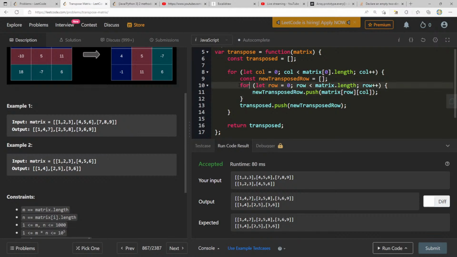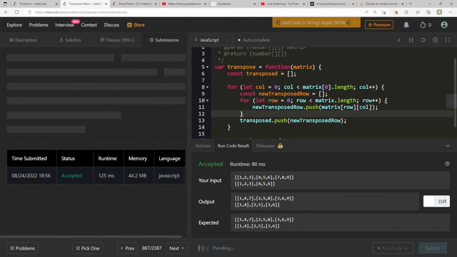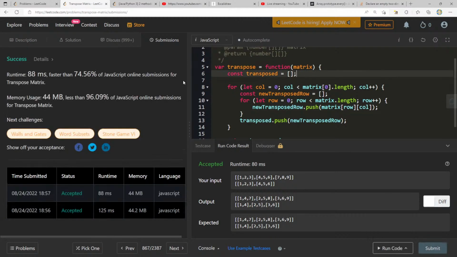At column 1, go through all the rows, adding the thing at column 1. At column 2, column n, right? We just keep doing that. So that seems like a pretty good way for this to go. And I'm happy with this solution. It's way more concise than my previous one,